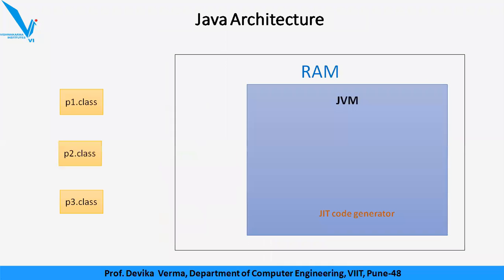Then what happens? All these three class files are picked up. So Java has a runtime environment. These three class files are ready, having bytecode in them. Now take them to any platform where you want to run them. Wherever the Java program needs to be run, we should have a Java runtime environment on that system.